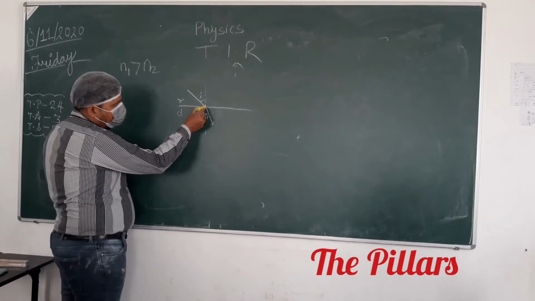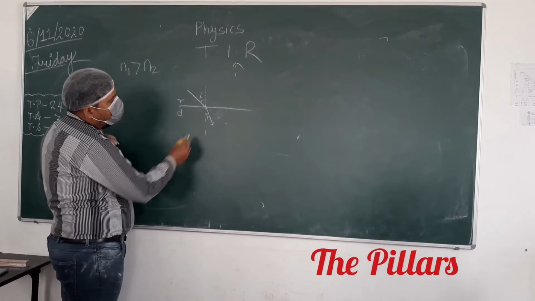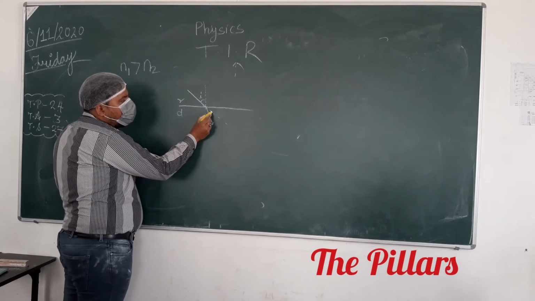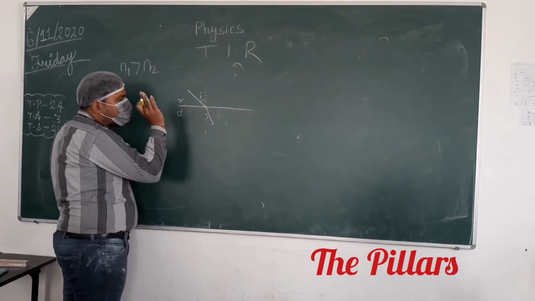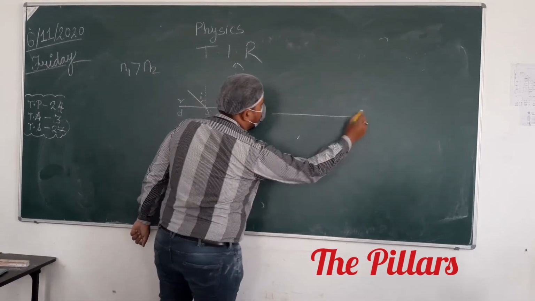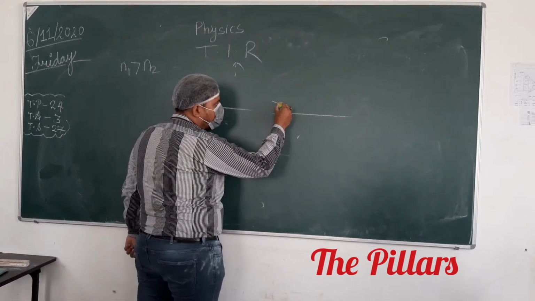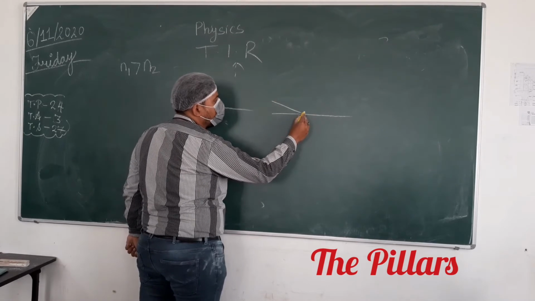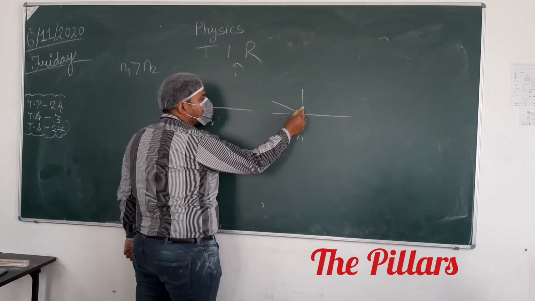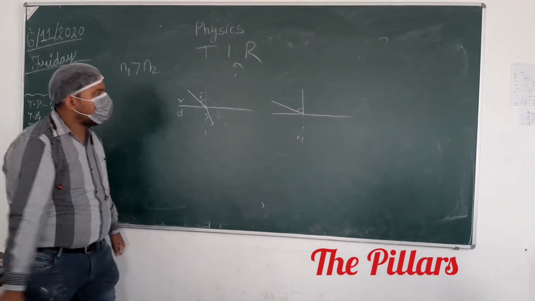See, this will be the actual path. This angle and this angle are equal, but this angle is less than I or not? Now if we are increasing the value of I, like this, suppose, now the value of I is increased or not? And now it is more? Yes or no?